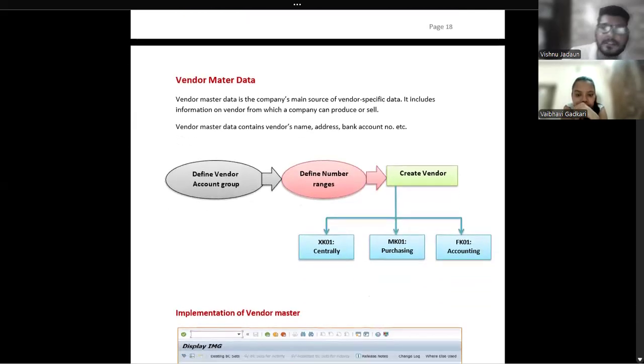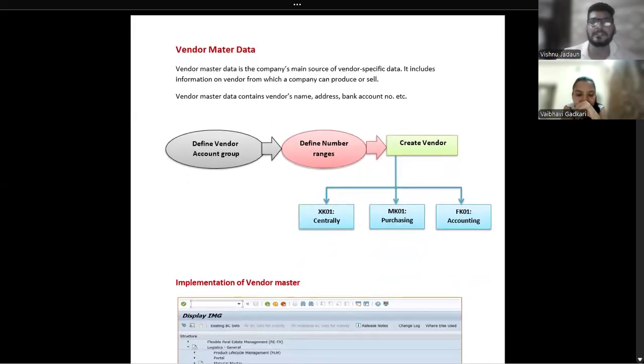So here material master data is finished. Now coming to the vendor master data. So vendor master data is the company's main source of